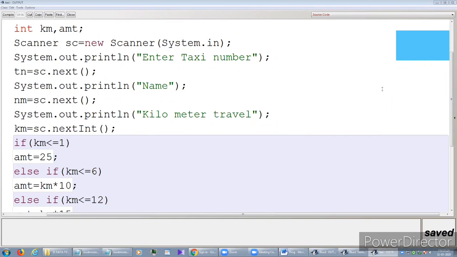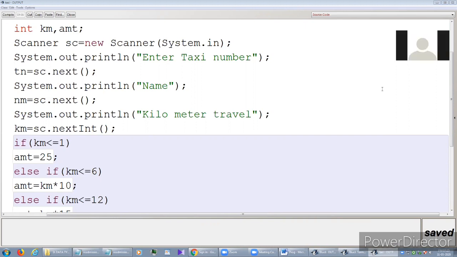Scanner is an inbuilt class, SC is an object, new is a keyword. By the new keyword we can allocate the memory. And System.in allows you to enter the value.